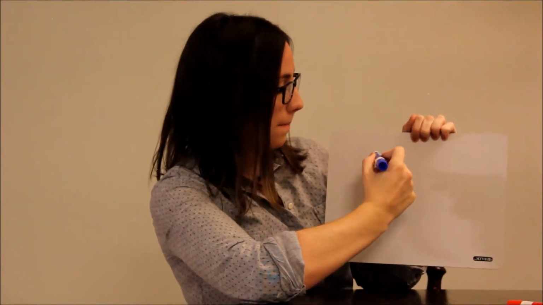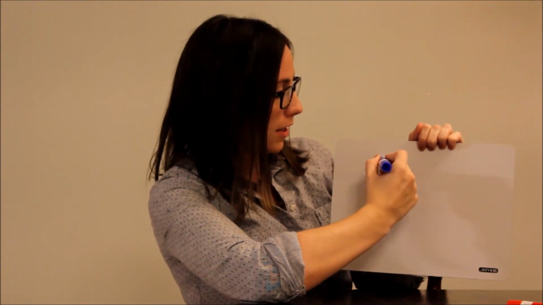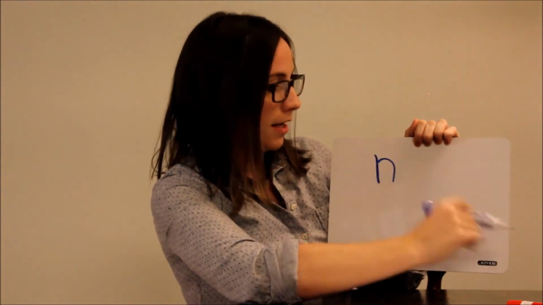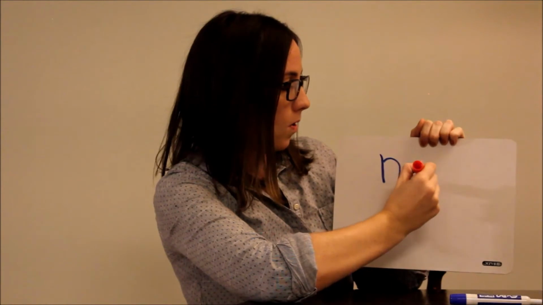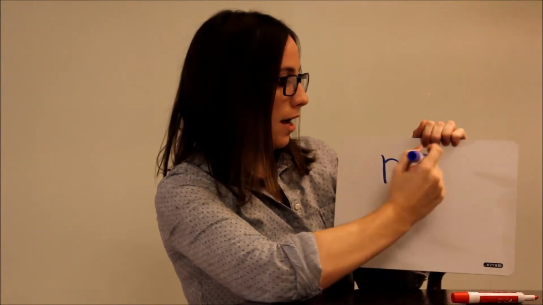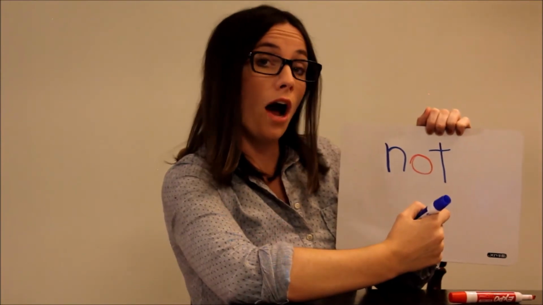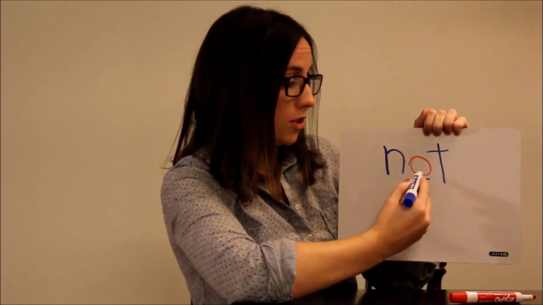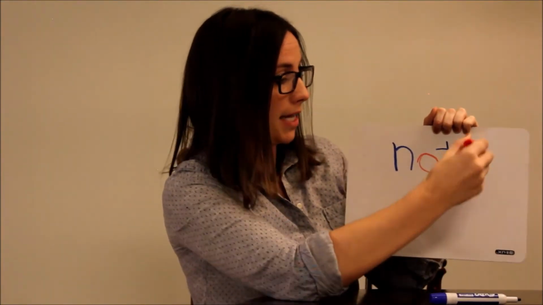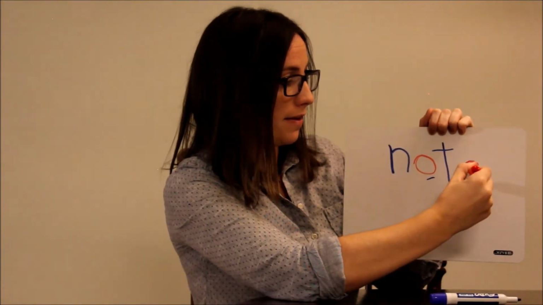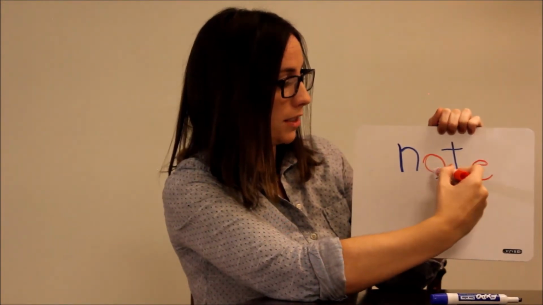Okay. So if I have a consonant like N, and then a vowel like O, this word is "not." The O is a short vowel. But I'm going to take the E on the end, and if an E is after this pattern, consonant, vowel,